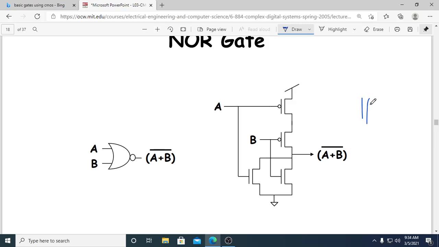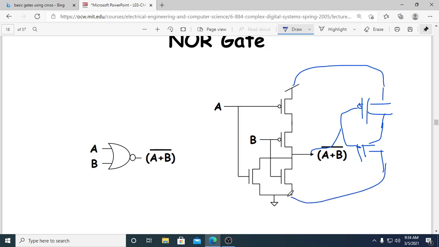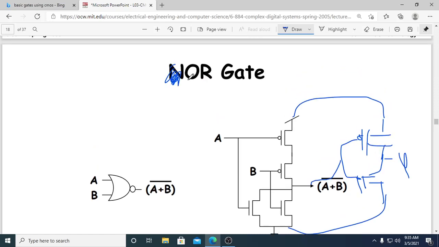Here is the PMOS structure. PMOS, how to remember, there is a bubble, and here the structure you will not find anything. These two are combined, and I will connect this thing to my output. This VDD is short circuited and this ground is short circuited, and here I will take the output. Y is nothing but my OR gate. So I think every gate is covered: NOT gate, NAND gate, NOR gate, OR gate and AND gate. So five gates are covered. I think every concept is clear to you.